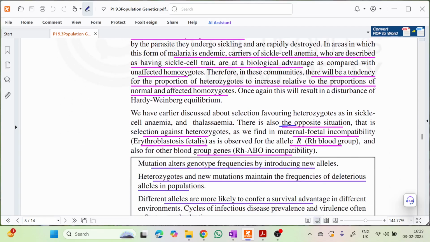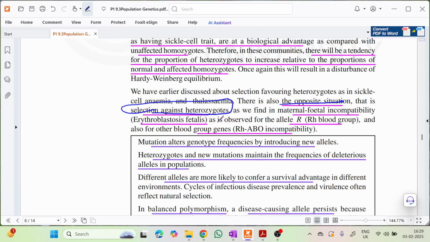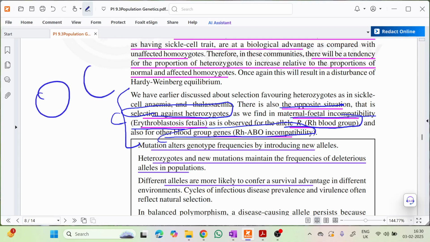Then there is also the opposite situation, that is selection against heterozygotes. When does that happen? The classic case is maternal-fetal incompatibility, especially the disorder known as erythroblastosis fetalis, which is observed in the Rh blood group, and also in other blood group incompatibilities like ABO. Now, understand it like this: if the parents, mother and father,